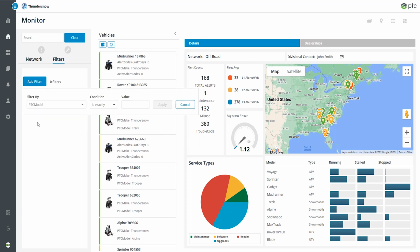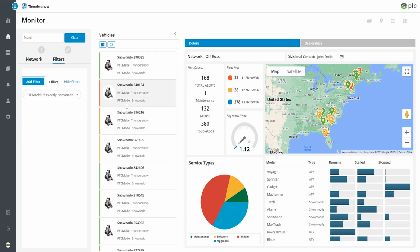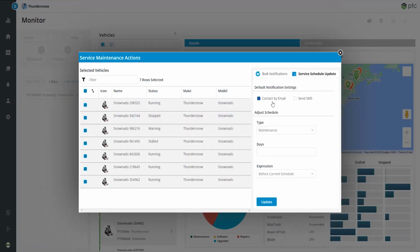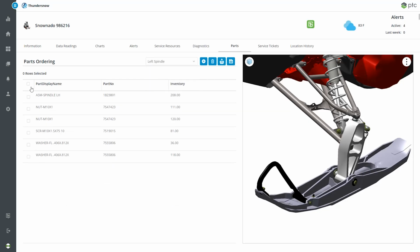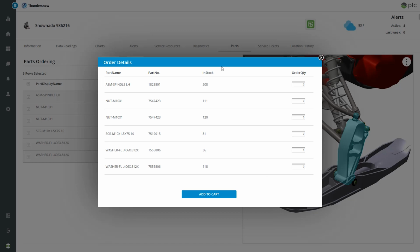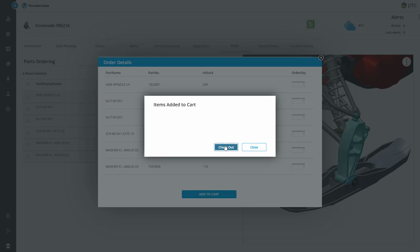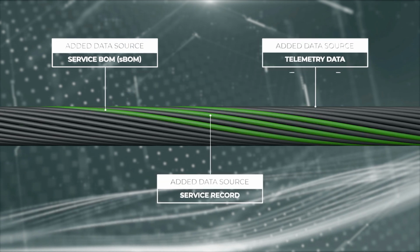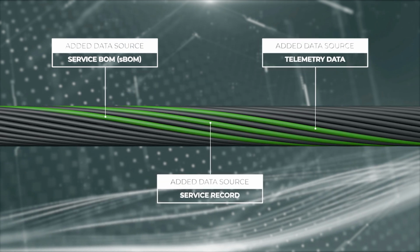With this data, they proactively offer remote service, like flashing software updates designed to reduce belt slips. They can also define condition-based maintenance tailored to extreme riders and stock replacement spindles at specific locations and times, like service centers near popular rugged trails. With the updated service BOM, service record, and product telemetry data, Thundersnow gives technicians the information they need to provide